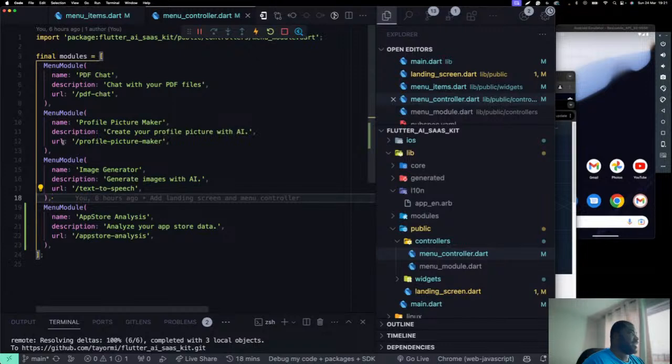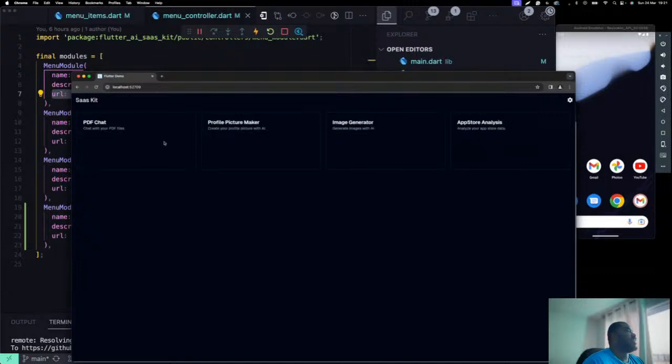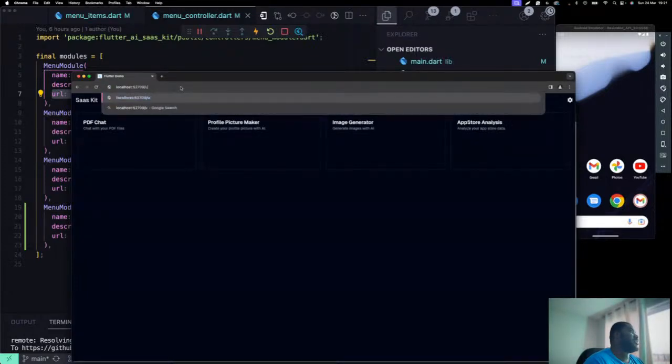And each one of them has a URL. So when I click on any module here, ideally it should go to slash the URL, and it's supposedly going to load the route based on that URL. Now, I am conflicted on